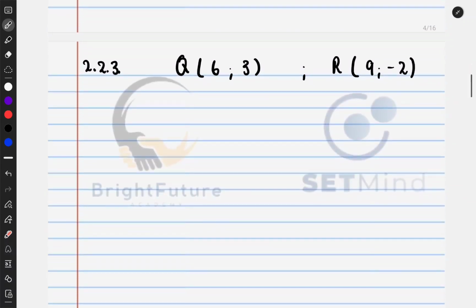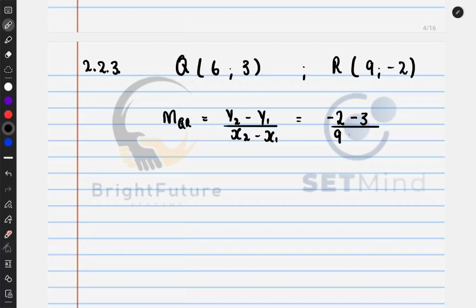Okay, let's find the equation of the straight line. Let's start by finding the gradient, which is MQR, equal to Y2 minus Y1 over X2 minus X1. Let's take R, so negative 2 minus 3